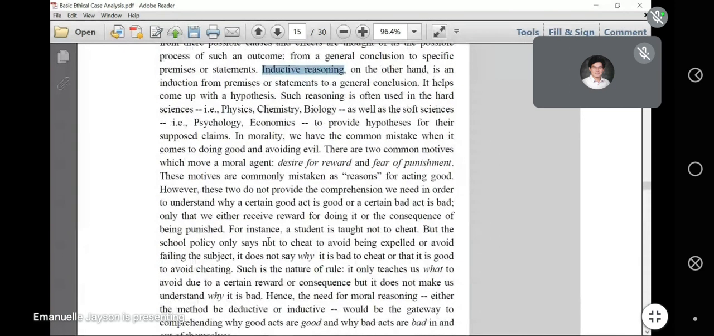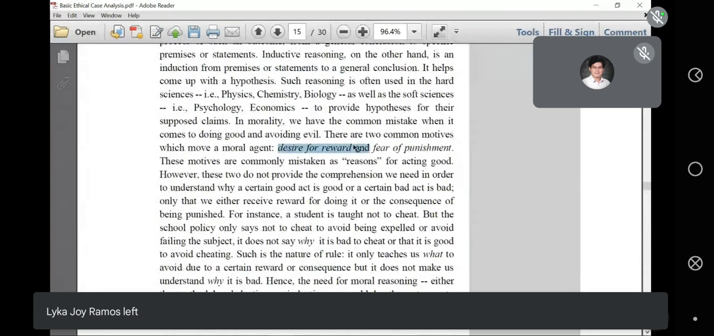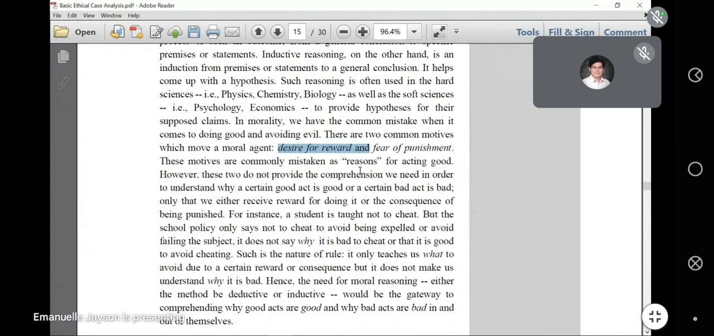I think na-mention ko na ito. Last na lang ito. Then, let's look for the